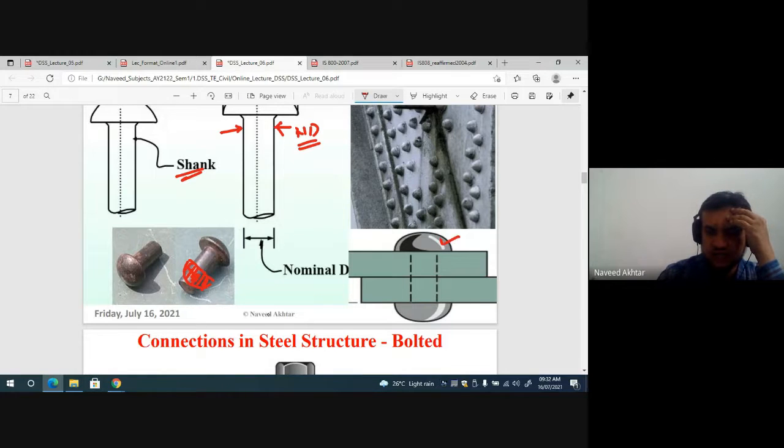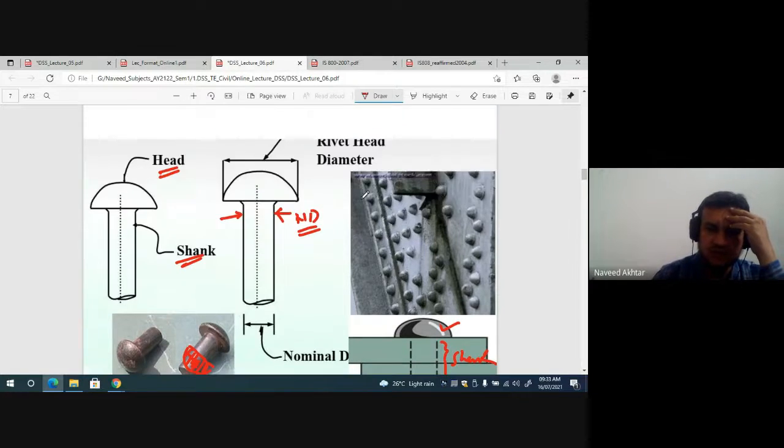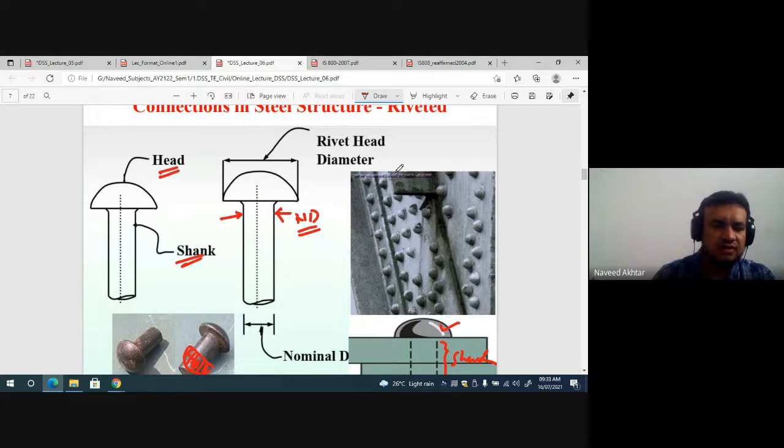you can see this one top and bottom, and this is the shank portion. And the dotted line, you can see, is nothing but the shank. So this is nothing but the connection when we are going for the riveting connection. When you are visiting the railway station, in most of the railway stations earlier, we used riveted connections. Also, in Industrial Society of Malegaon, their truss is there. You can see that with the flat bars this truss is there, and there also you can see the riveted connection.